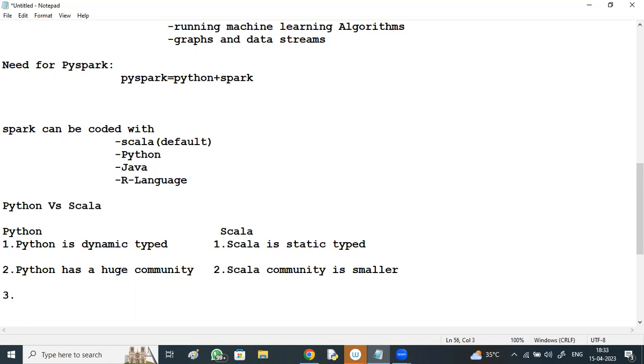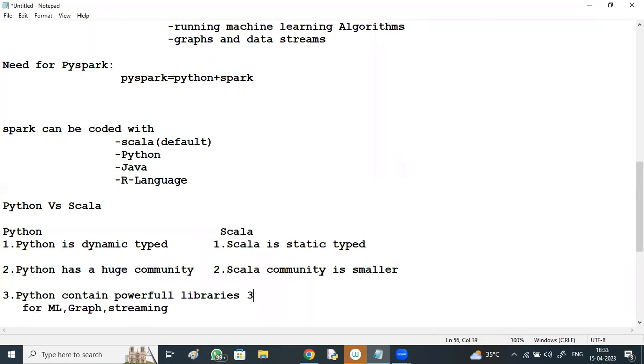And Python contains many things, right? You see the Pandas module is available, the NumPy module is available. Python contains powerful libraries for ML, graph, streaming.